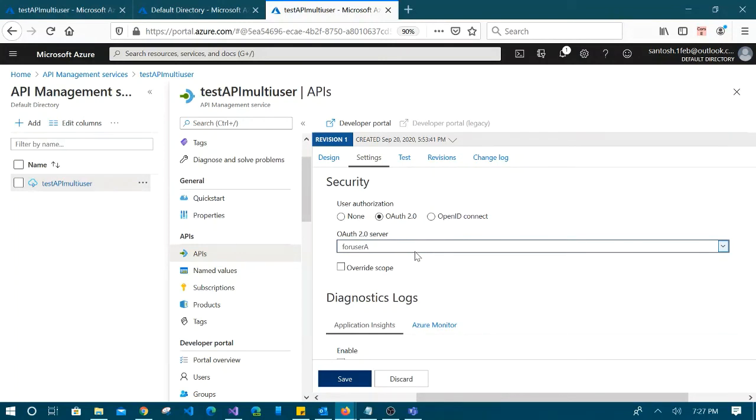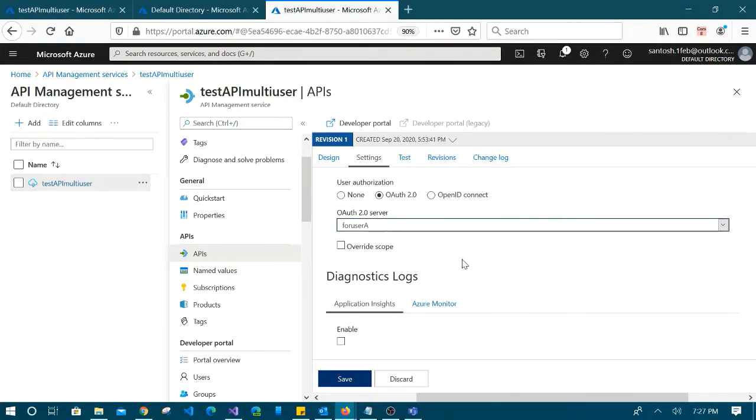Likewise, you can add a new API or a new method here, and configure your OAuth service for each individual API and API method, and you can save it. That's it, guys. This is all I wanted to show you, how you can configure your APIs and API methods with a different OAuth service.